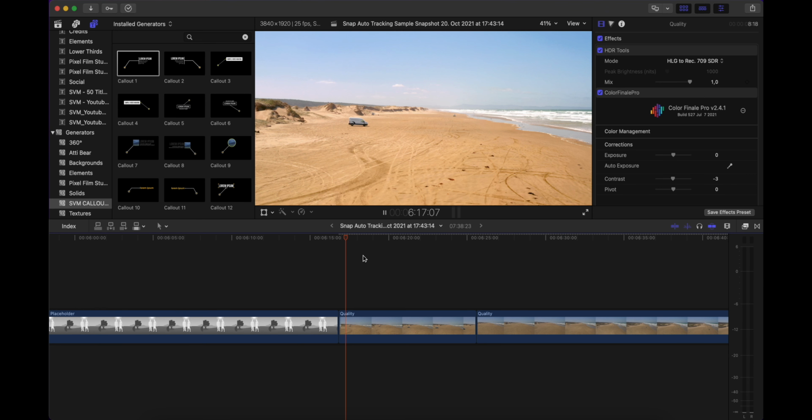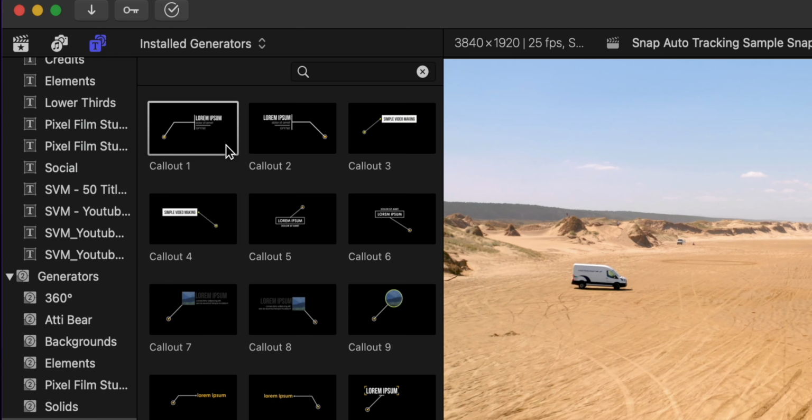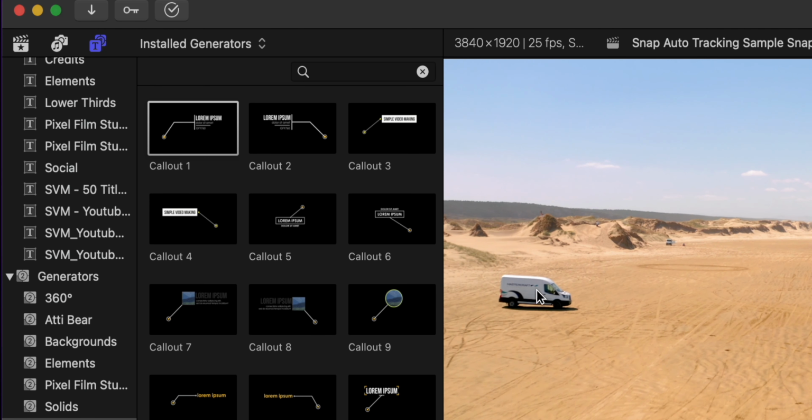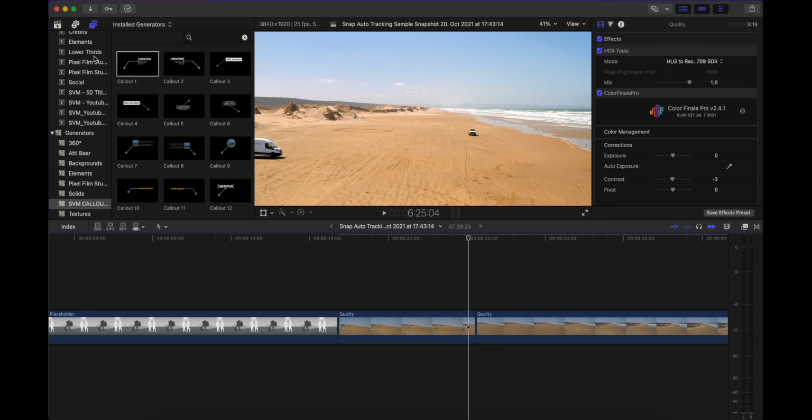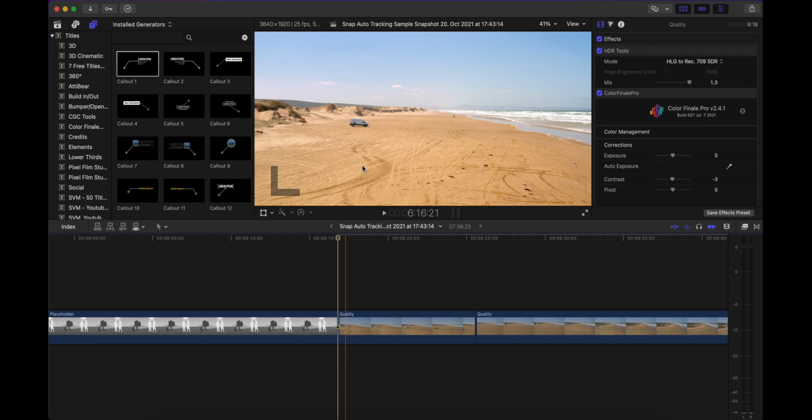I prepared this sample footage where we have the van on the side, and we are going to drop a call out that is going to track the car here. You can use all sorts of items to drop onto your footage. You can use generators, you can use titles, whatever you have at your disposal, you can throw onto your footage so it's being tracked.